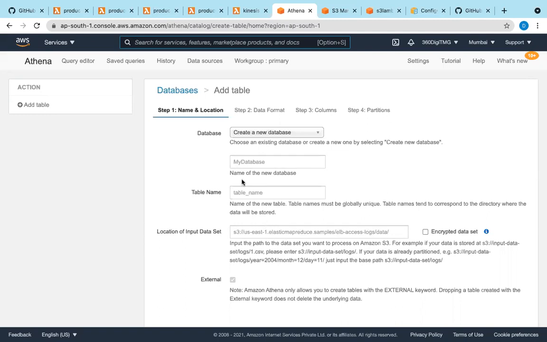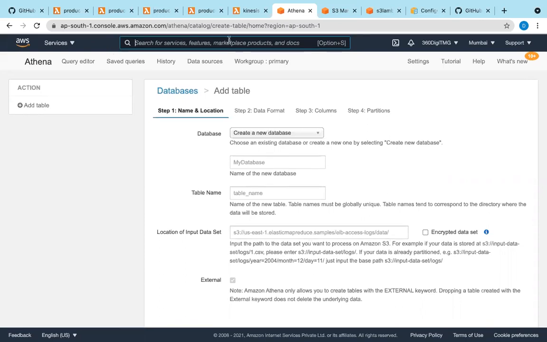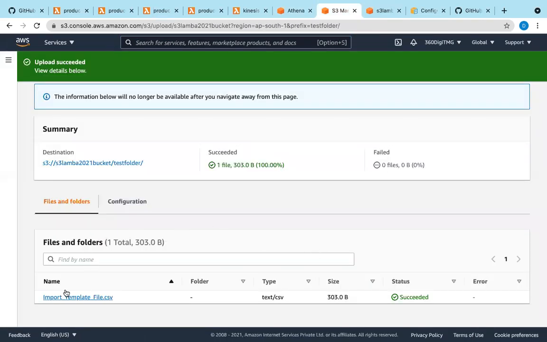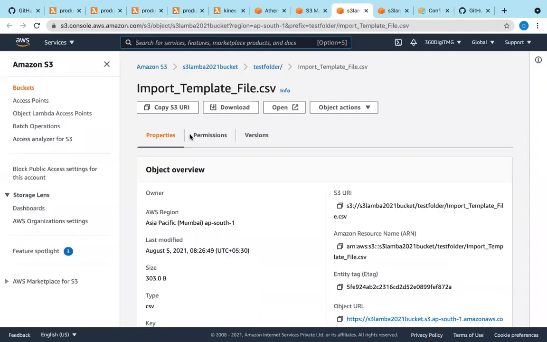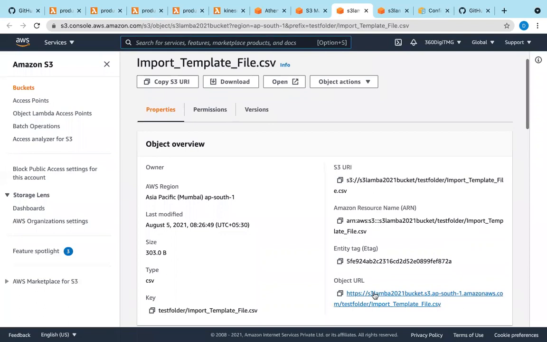You have to name a database and table name and give your S3 object URI here, not URL. URL and URI are different in S3. This is the S3 URI, and this is the S3 URL.